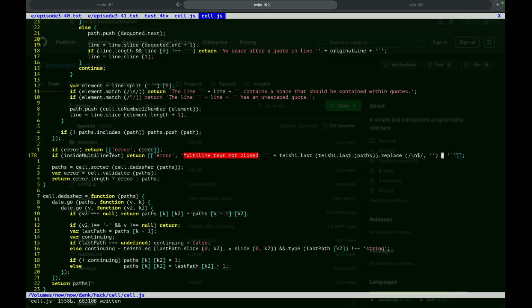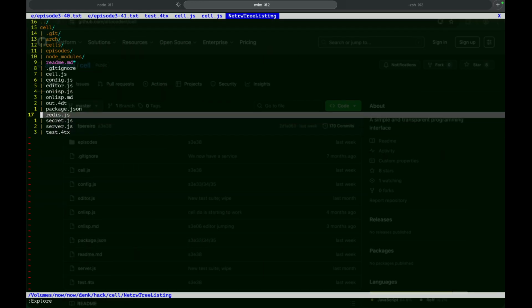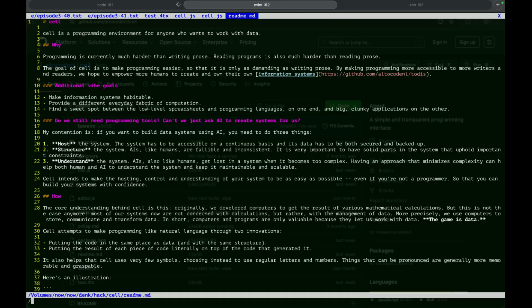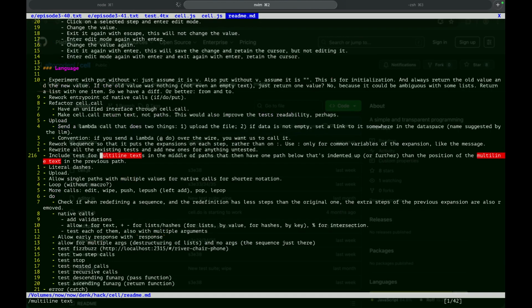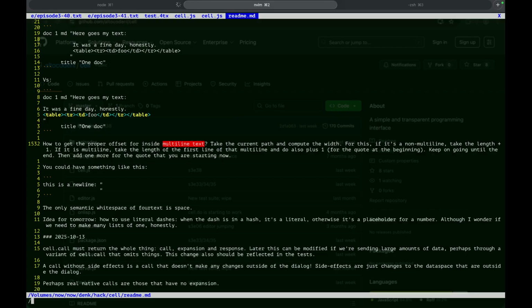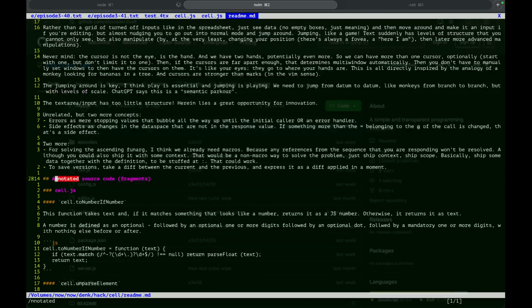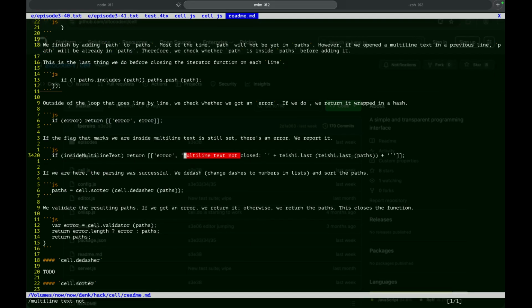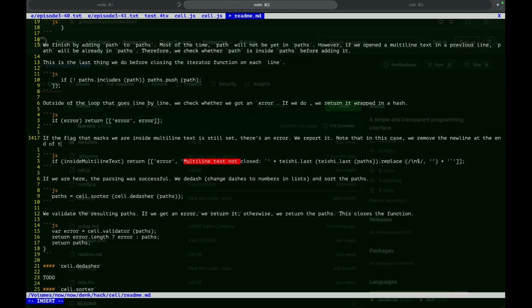Yeah, let's do it here. Note that in this case we remove the new line at the end of the last element, the step really of the